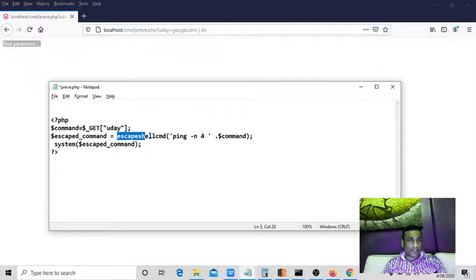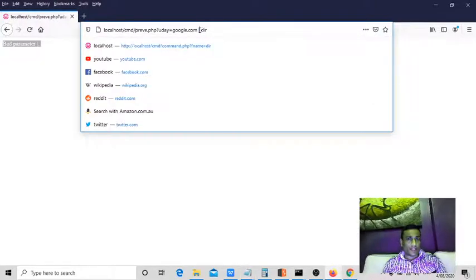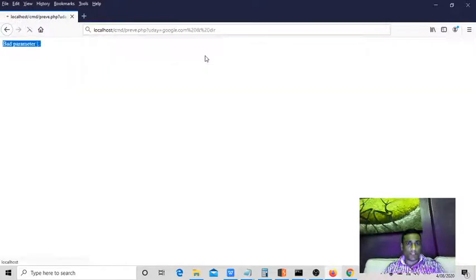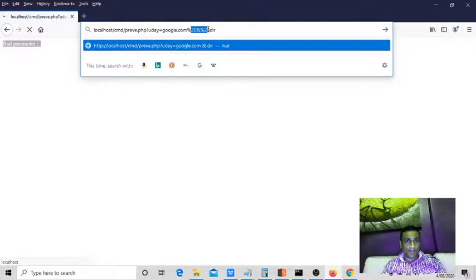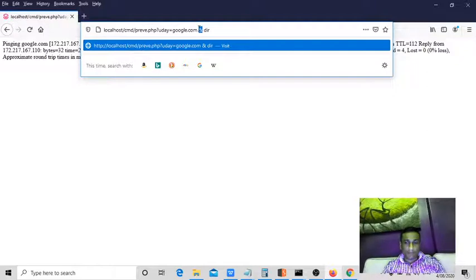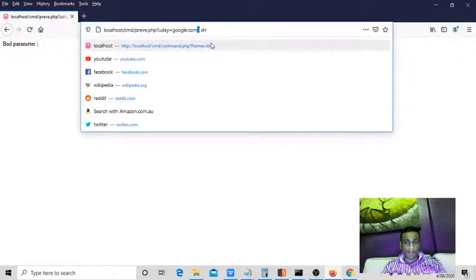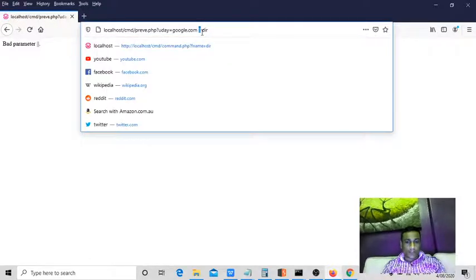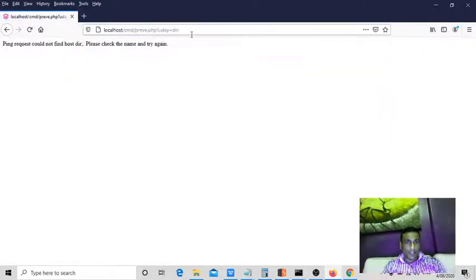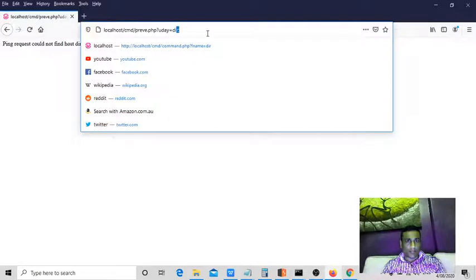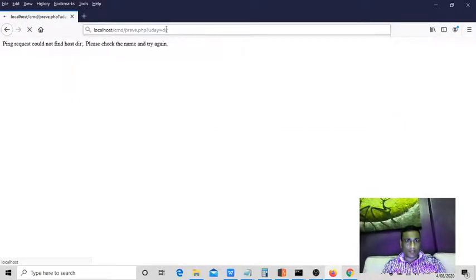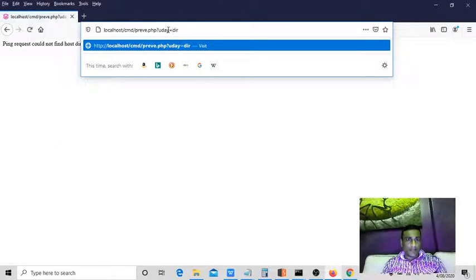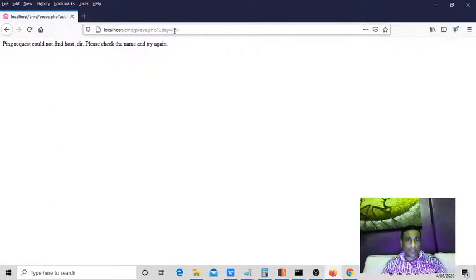The inbuilt function itself is trying to identify whether we are trying to trick the server or something like this. If I put ampersand, the same thing happens, or if I put the pipeline, the same thing, double pipeline, or single quote, semicolon, or directly the dir command itself, or semicolon dir, it is not showing anything in the response, guys.